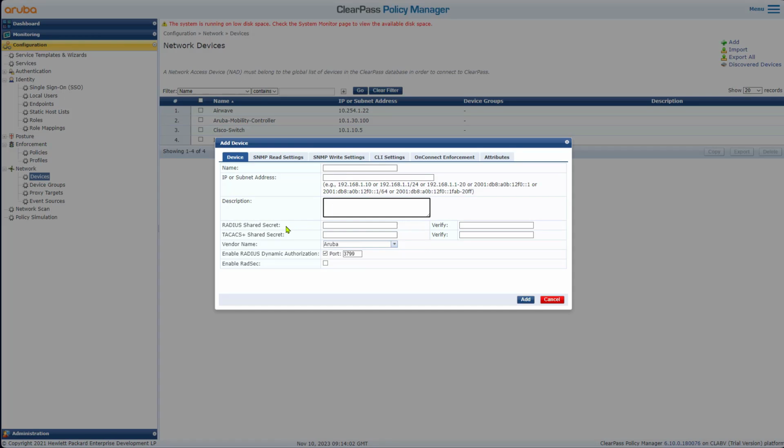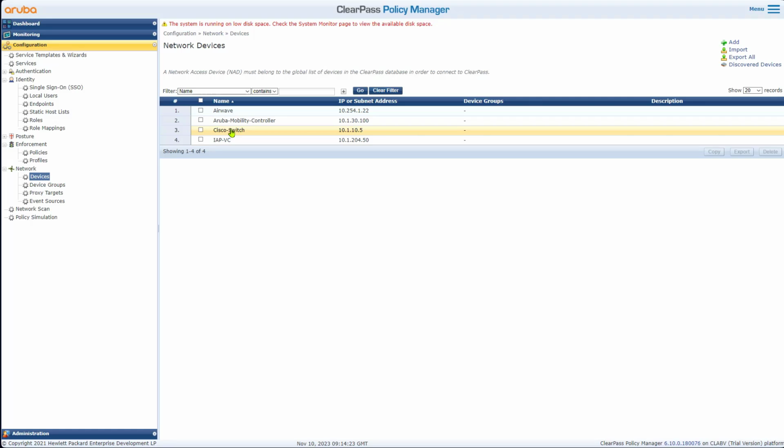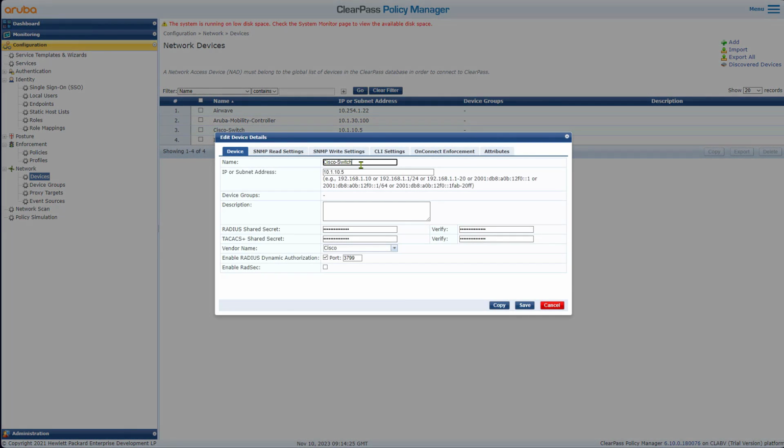If that device is going to authenticate users, then probably you need to go for the RADIUS, as well as TACACS, any other settings. Now, our device is Cisco, so we're going to go for Cisco here. You can find different types of Cisco devices. You click on Cisco and you add the device details. So the device has already been added. You look at this, the device has a name,